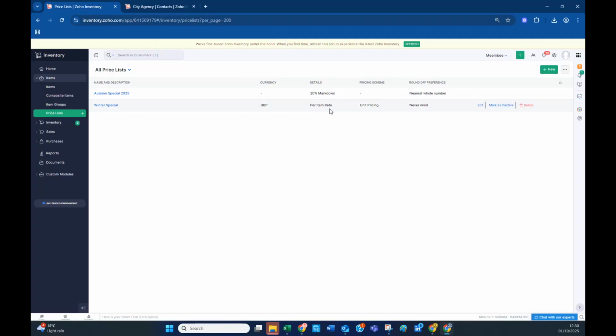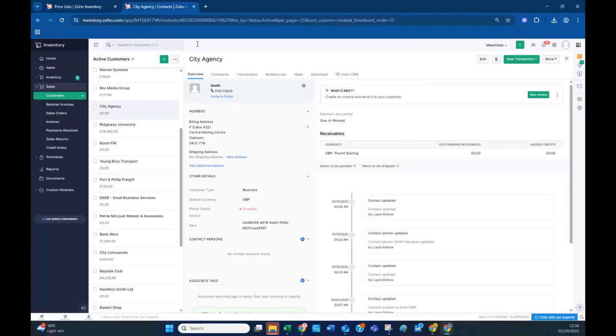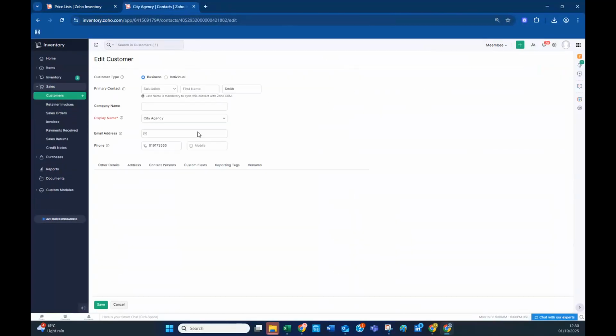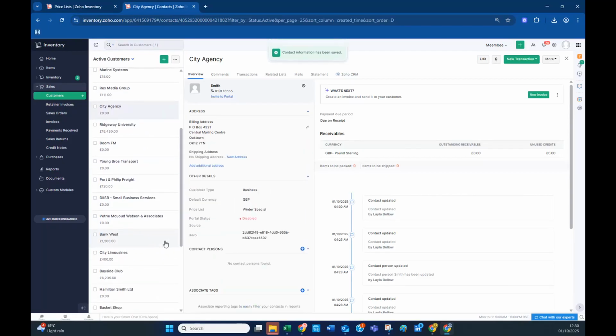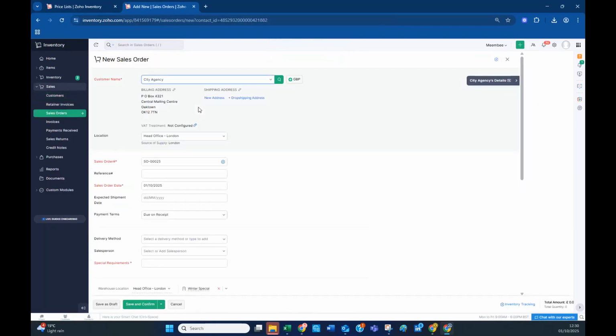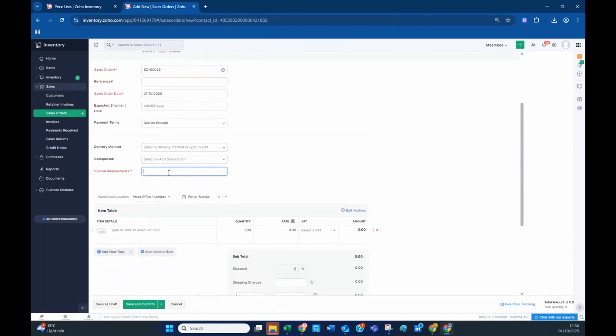So again, the same would apply, that if we would like this to be applied to certain items, we have to apply it to the customer first. So find our customer, hit edit, enter the price list. So now when we raise a sales order for this particular customer here,